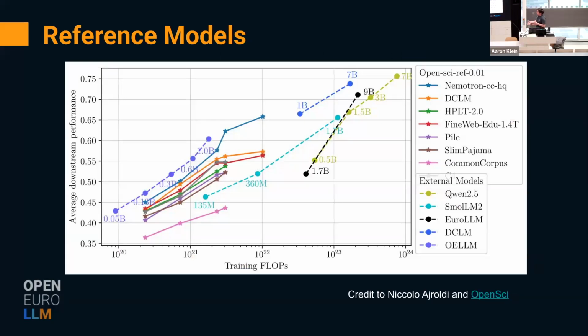And here it's important that we not just look at validation loss, which is typically done, but also at downstream loss, right? So we take all the checkpoints and validate them on downstream tasks and make sure to see how the trend looks. So here you can see this is our model, to the left, and it scales actually quite nicely across FLOPs. And compared to other models, it tends to be much more efficient, right? We achieve the same performance with orders of magnitude less compute than other models like SmolLM2 or EuroLLM, which is a predecessor or a previous project that tried to train the multilingual European model.